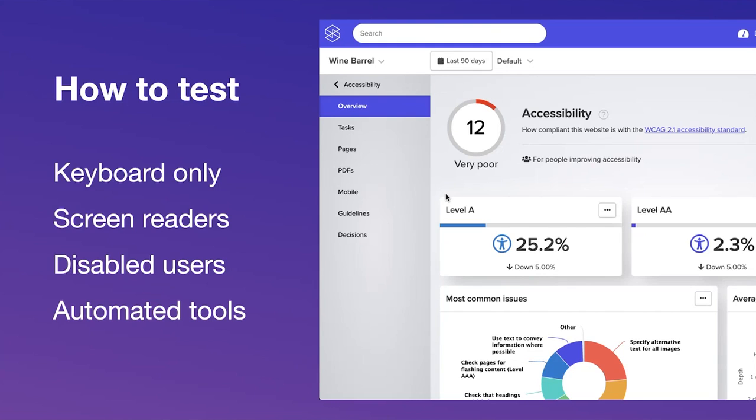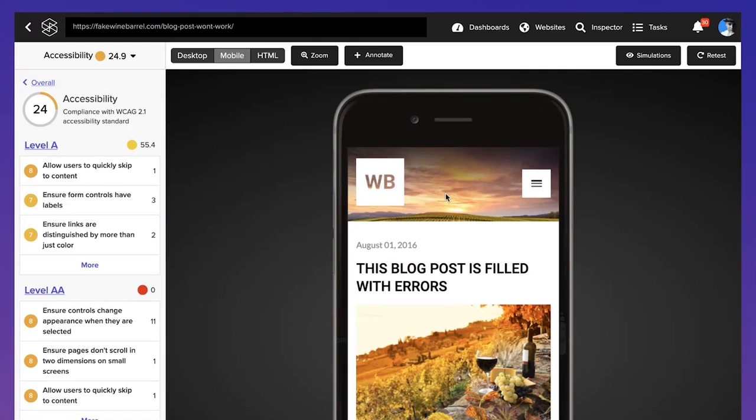Whereas automated tools are kind of the opposite, right? So automated tools will miss some things that only a person can see, but they can test all of your content and they can do it really quickly. And because they can do it quickly, they can do it regularly. So they can automatically check your things for accessibility. And basically the only approach that works, I think, is to use both. You need some combination of both all the time.